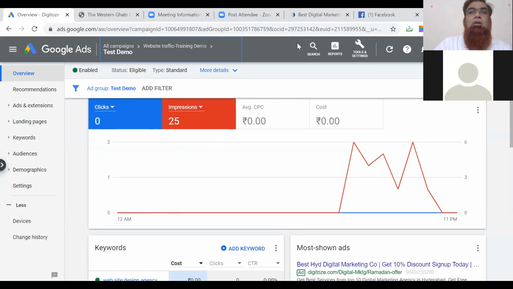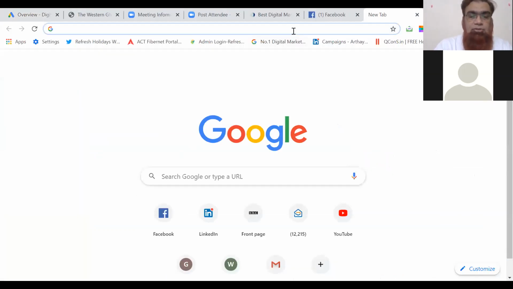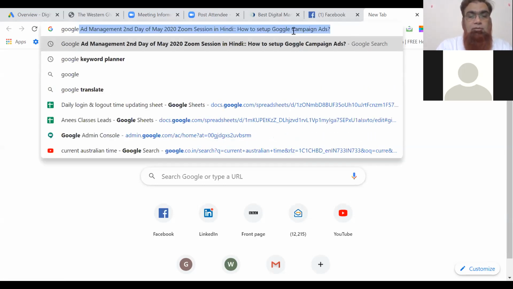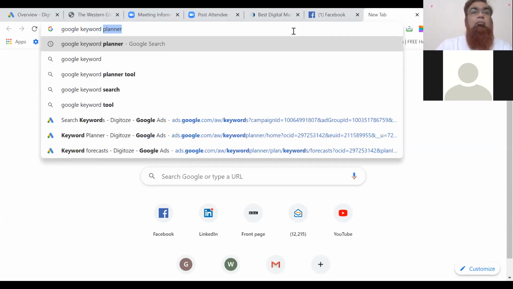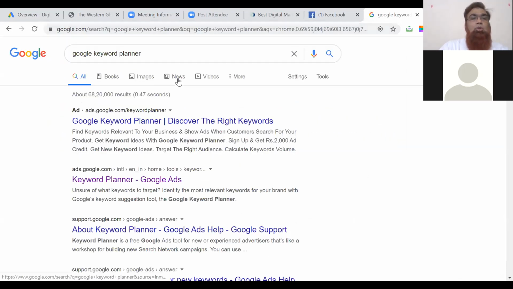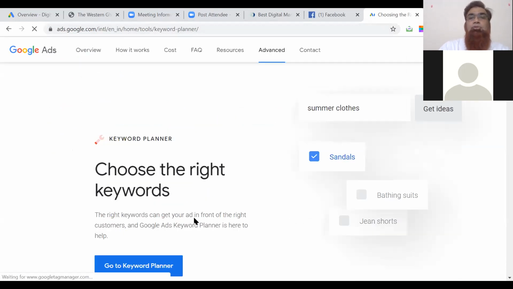I'm just putting up Google, in case you guys have searched it. In case not, then also it's not a problem. Google Keyword Planner. The moment you search for this, you will get to know it.